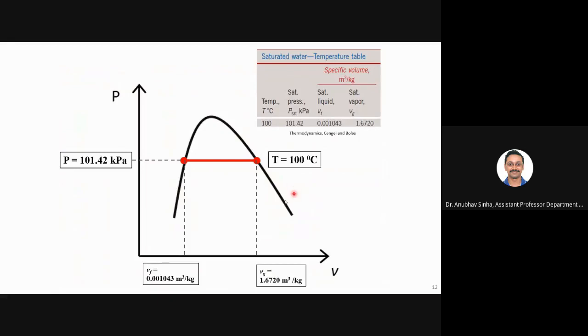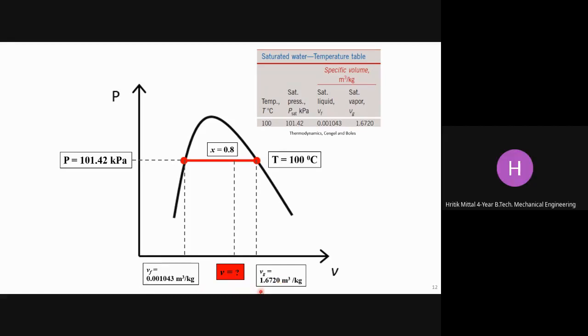So let us take an example. This is a part of the table, for 100 degrees Celsius. I know that the liquid volume vf is this, vg is this, and this is the given temperature and pressure. So I know what the volume is here and here. But suppose I have a mixture with a quality of 0.8. How can I define the volume for this? Any idea? How can I find the volume using these tables or these values?